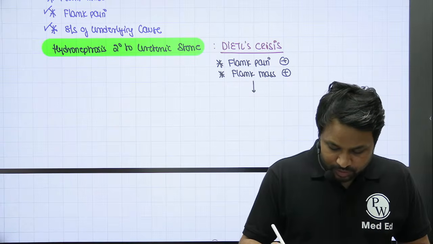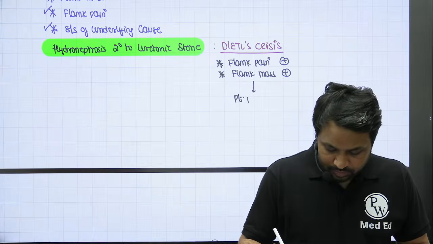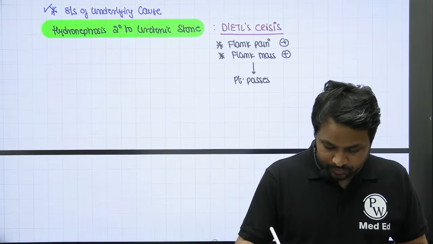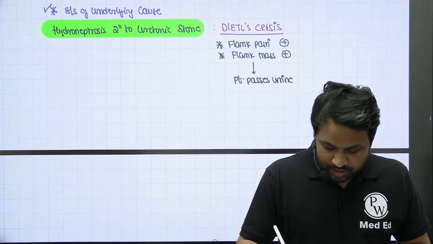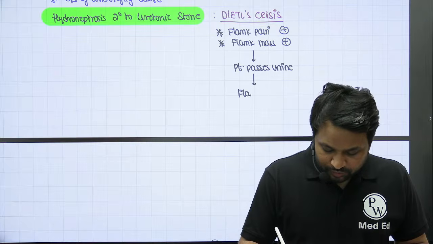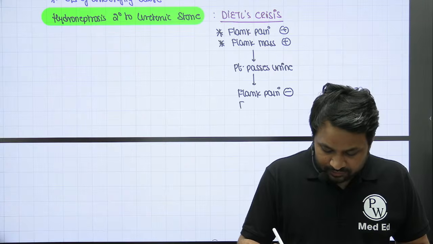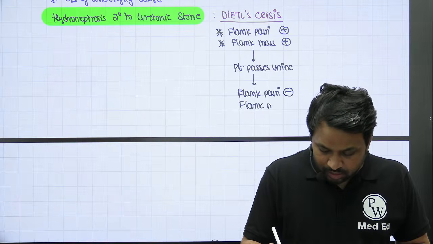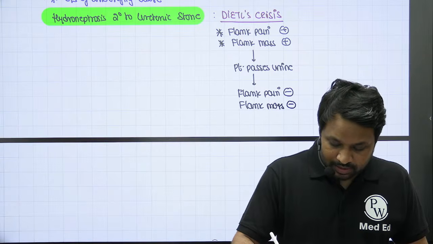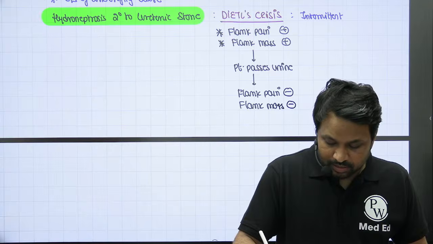Then the patient passes urine. After passing the urine, you will see the component of flank pain disappears and the flank mass also disappears. So Dietl's crisis is what we call as intermittent, this is what we call as the intermittent